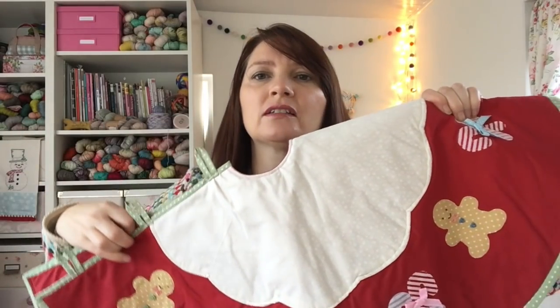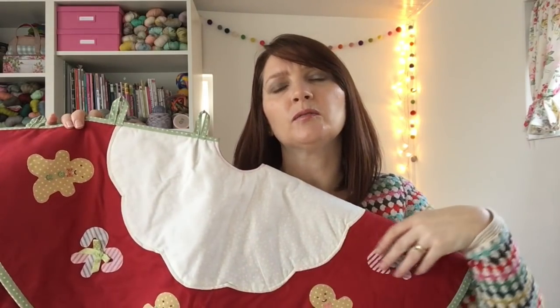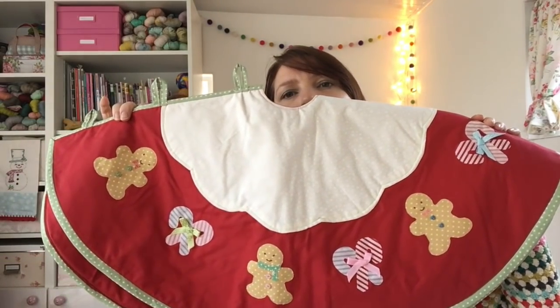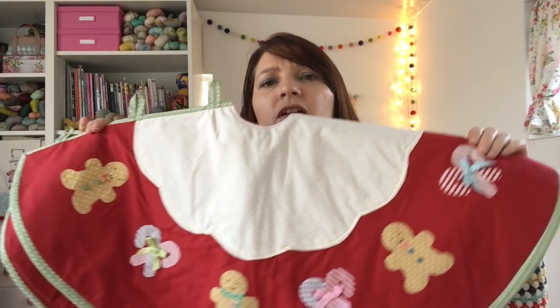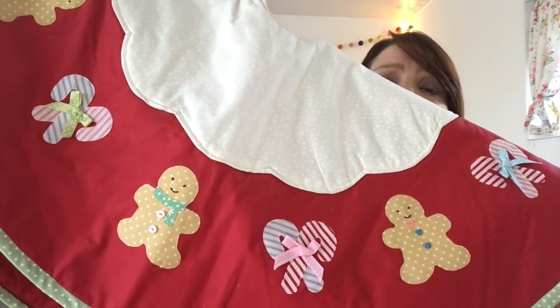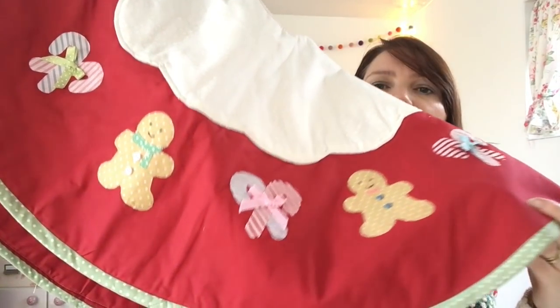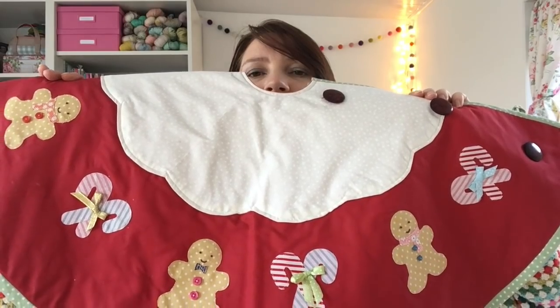I didn't follow any pattern. I saw some pictures on Pinterest, I think. I got the idea for this sort of white, almost like icing or snow capped look on Pinterest. Maybe the candy canes and things were from Pinterest as well, I can't honestly remember. But anyway, I saw some designs I liked and some inspiration, and then I just made it up. It's only a circle after all, so, you know, how hard can it be? So yeah, I made this quite a few years ago,